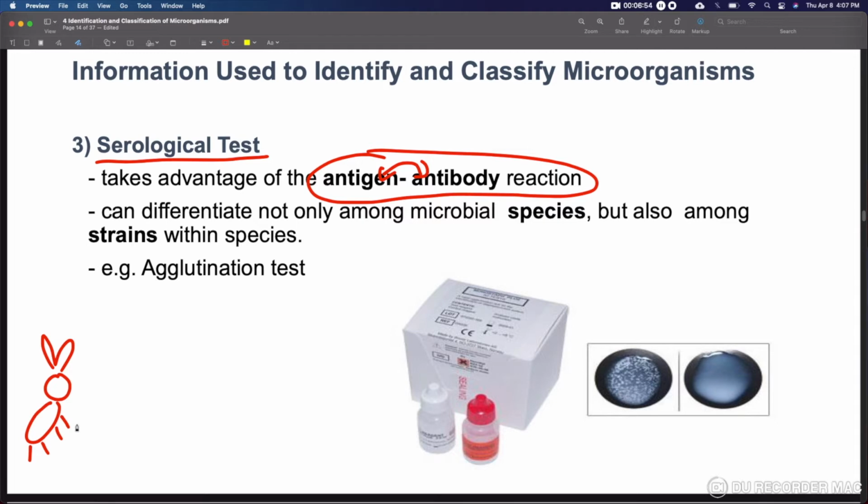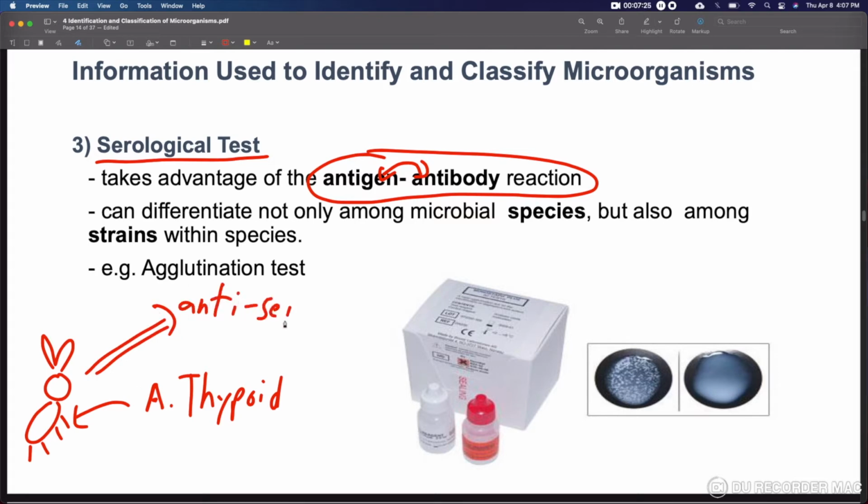We have here a rabbit. Okay, so this rabbit will be injected with attenuated typhoid, for example. Inside that rabbit we will inject the weakened typhoid-causing organism, okay? And after injecting that attenuated typhoid there, we're going to extract the anti-serum of that rabbit from the bloodstream of